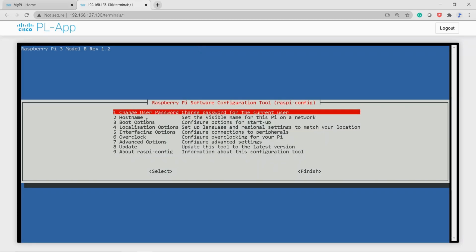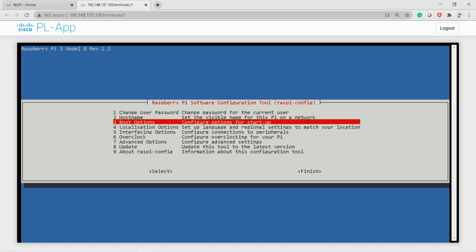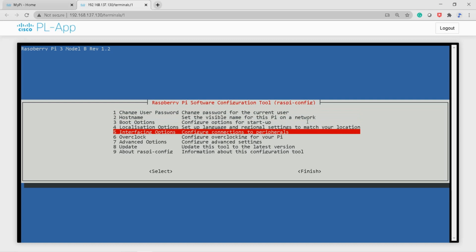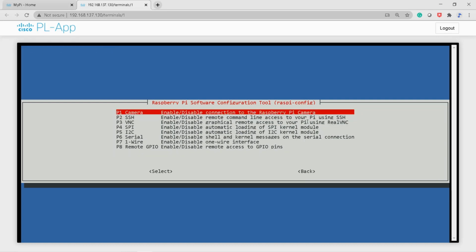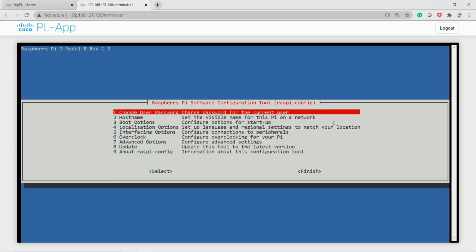So this is the window for doing all the basic configuration of your Raspberry Pi. Here you have so many options and tools. So now we are going for interfacing options. These are all the basic things we have to do. First we have the Pi camera. So enable the Pi camera module in your Raspberry Pi. Just click it. Yes or no, you can choose. Now I want to enable it. So yes, click OK. Enabled.